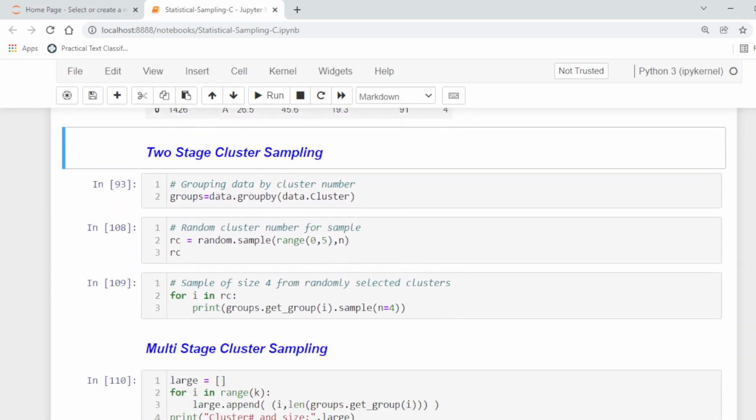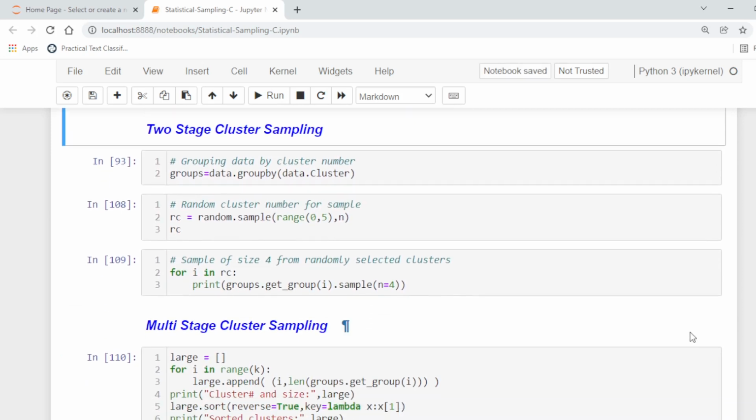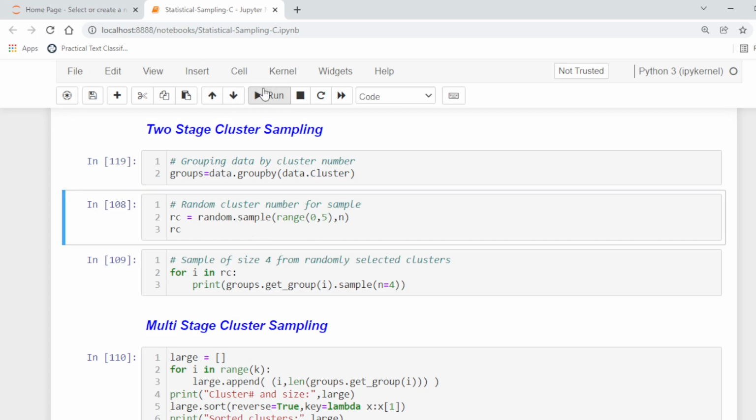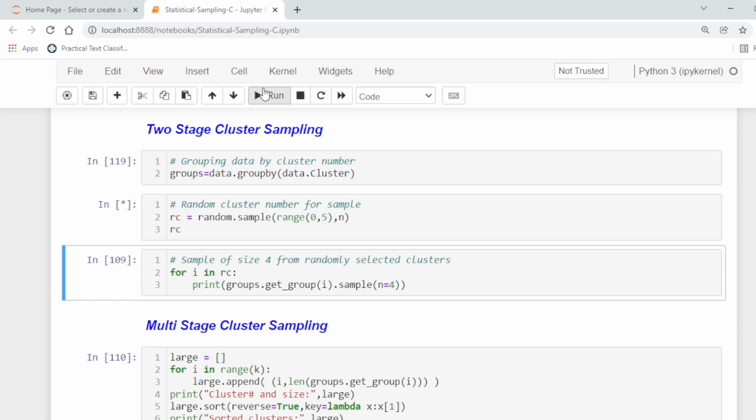Two-stage cluster sampling. First of all, we are going to group the data by the clusters. Now again we are creating a cluster number for selecting the n. N is again 3, so we are again selecting 3 clusters out of the 5.